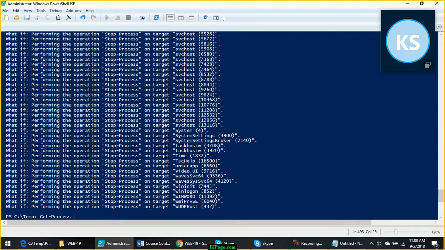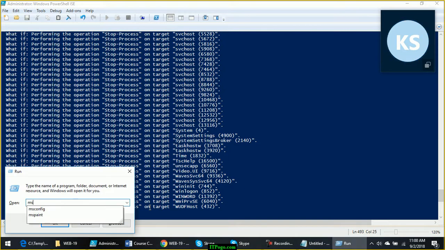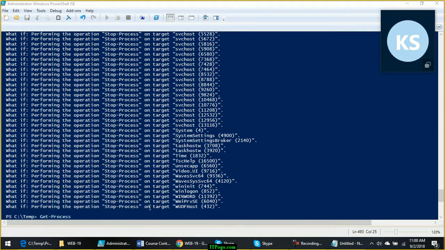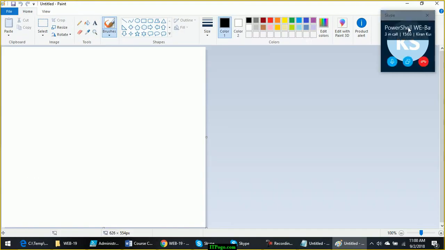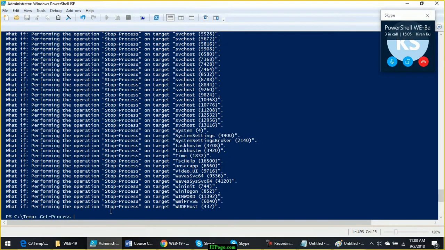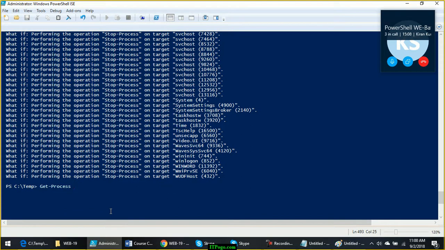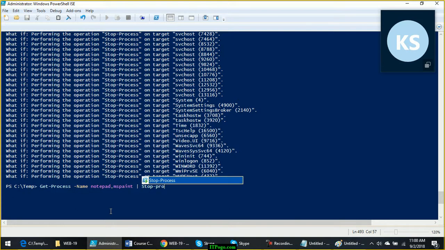Okay, so let me show you. Let's start two different processes with two different names. Now if you want to kill them, you can use get process hyphen name notepad comma mspaint and then pipe it to stop process. You can give comma separated names of the processes you want to kill.